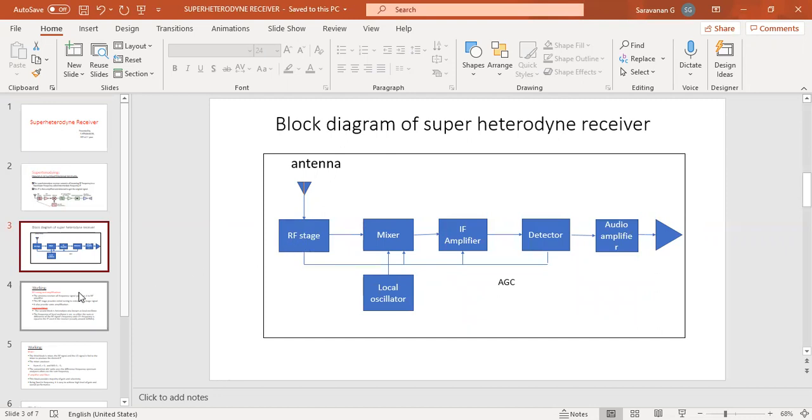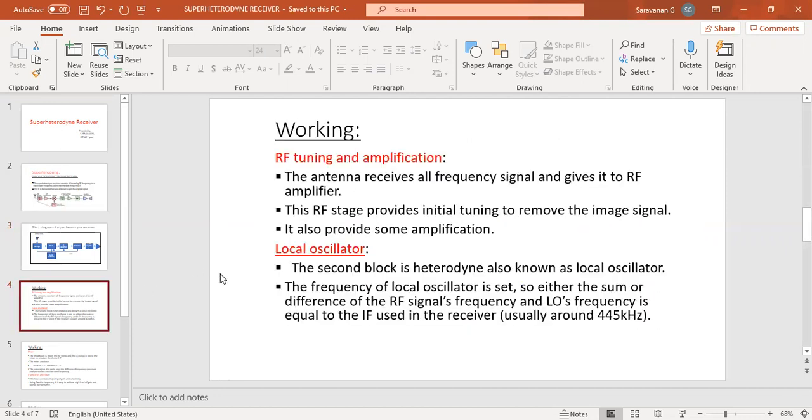Now we are going to see about this RF stage. The RF stage consists of two parts, a filter and an amplifier. It is used to select the required desired signal and it rejects the other signals and it also reduces the effect of noise. The output we receive is the desired frequency, that is Fs. It also contains an amplifier which is used to amplify the weak signal, but it produces a high frequency, but we are interested in the low frequency only. For that, the mixer converts the high frequency to the medium frequency with the help of local oscillator.